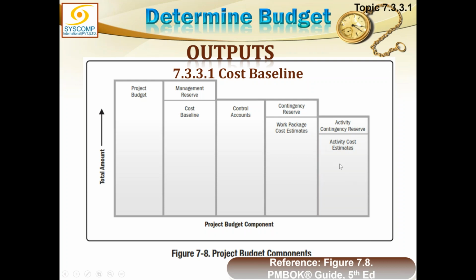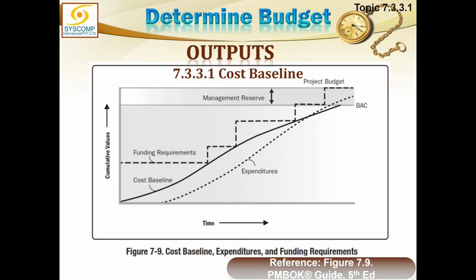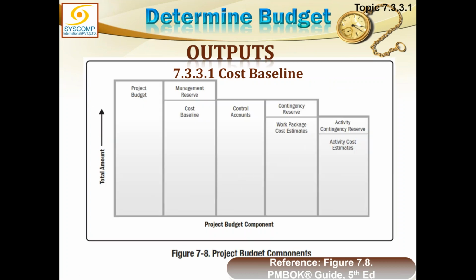Project activities and their reserves put together form a work package, work packages and their reserves put together form a control account. All the control accounts put together are the cost baseline, and cost baseline plus management reserve is equal to the project budget. For example, you are constructing a house,